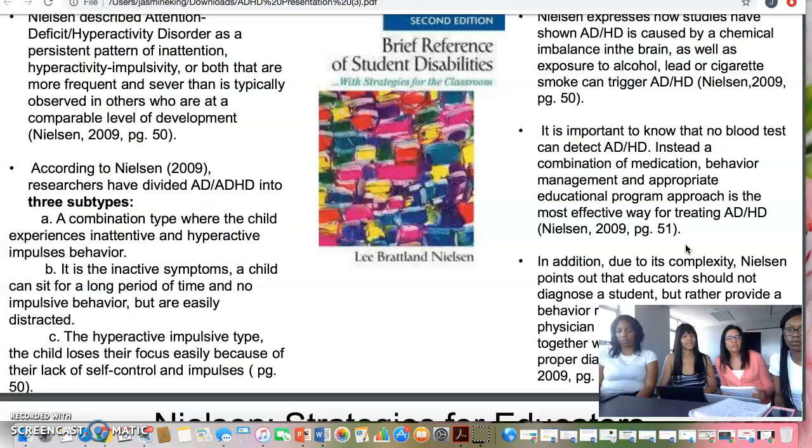The combination type is where the child experiences inattentive and hyperactive-impulsive behavior. With the inattentive symptoms, a child can sit for a long period of time and has no impulsive behavior, but is easily distracted. In the hyperactive-impulsive type, the child loses their focus easily because of the lack of self-control and impulses.